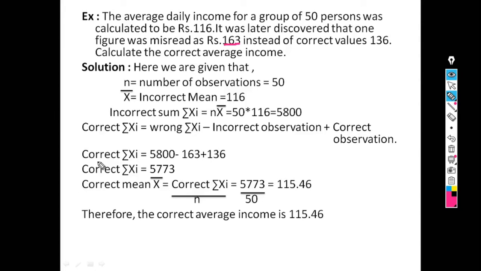So correct summation of xi is equal to wrong xi, which we already calculated, incorrect xi is 5800, minus incorrect observation 163 plus correct observation 136. Therefore correct summation of xi is equal to 5800 minus 163 plus 136, that is 5773. And the last step is